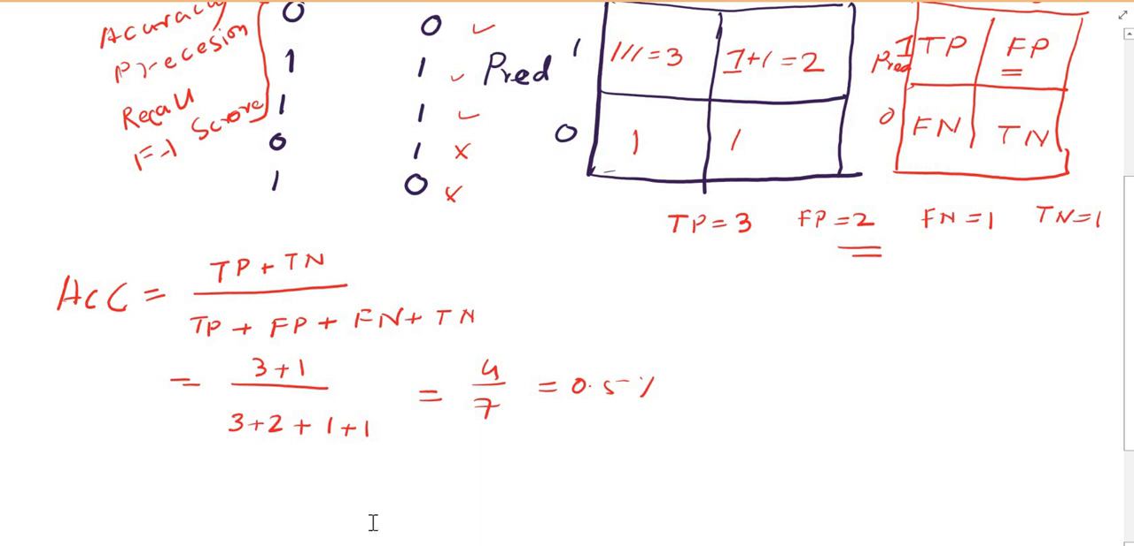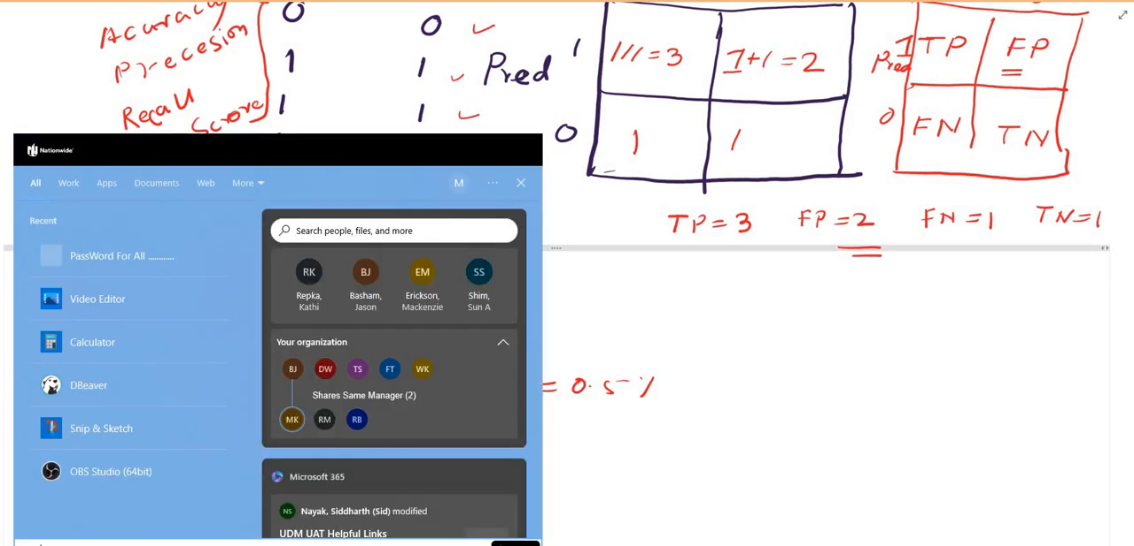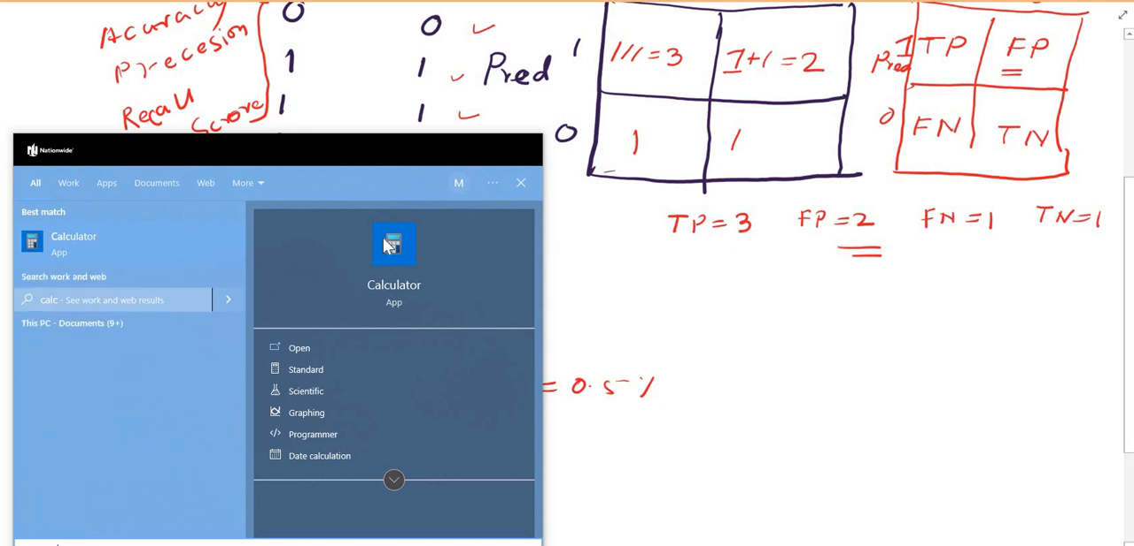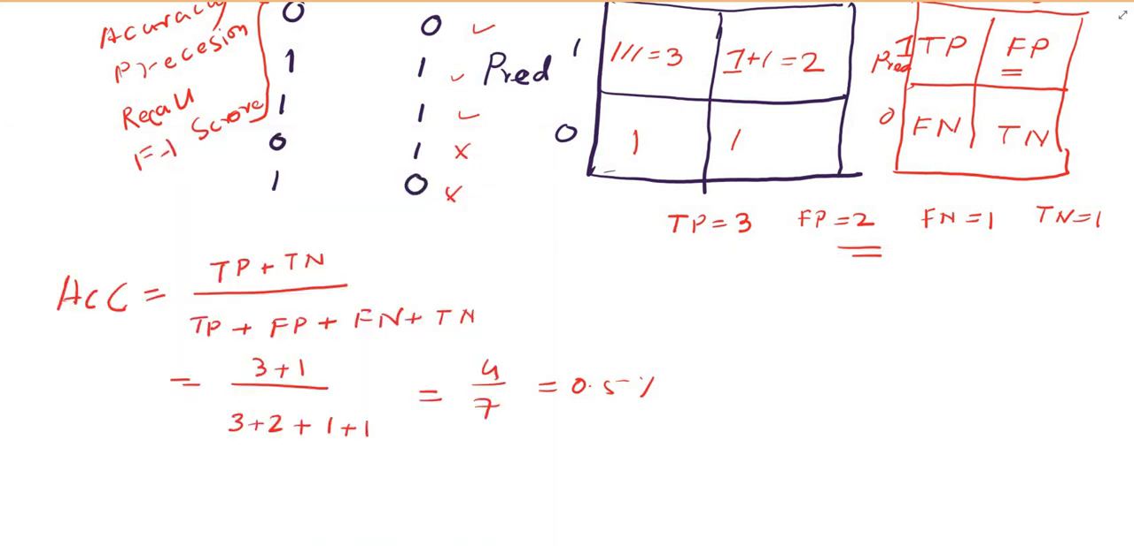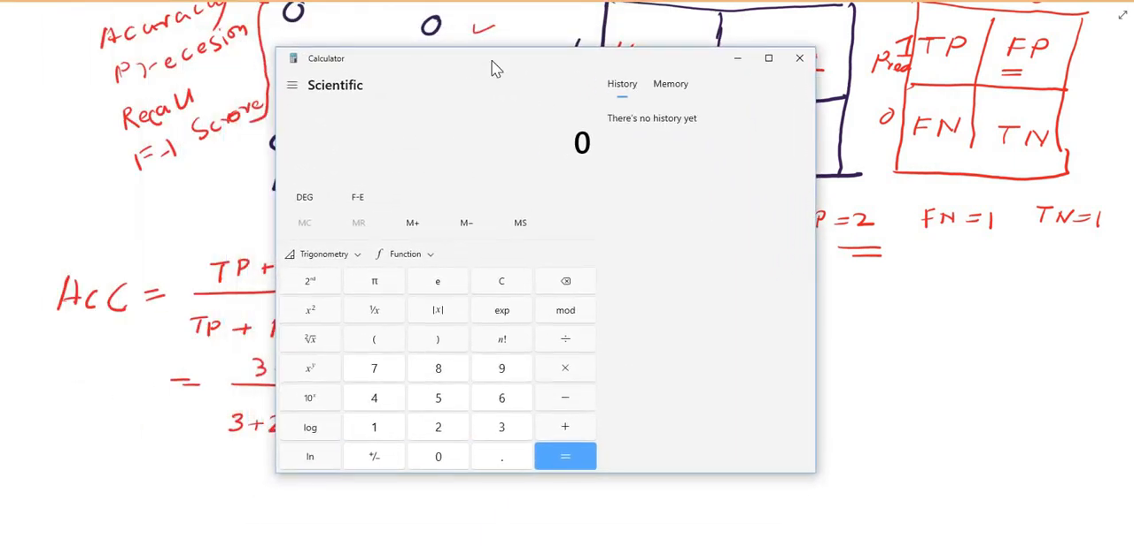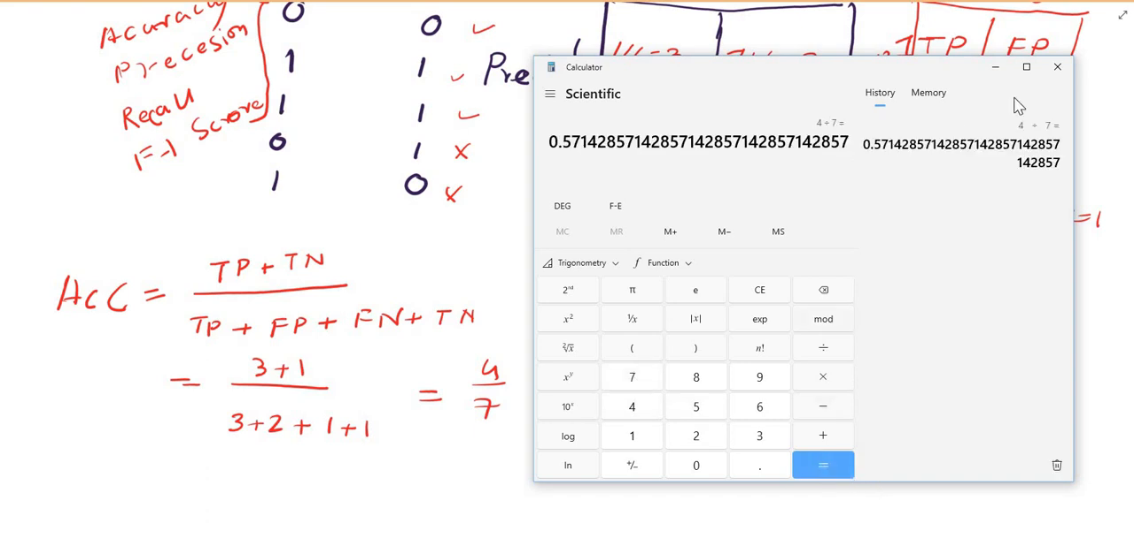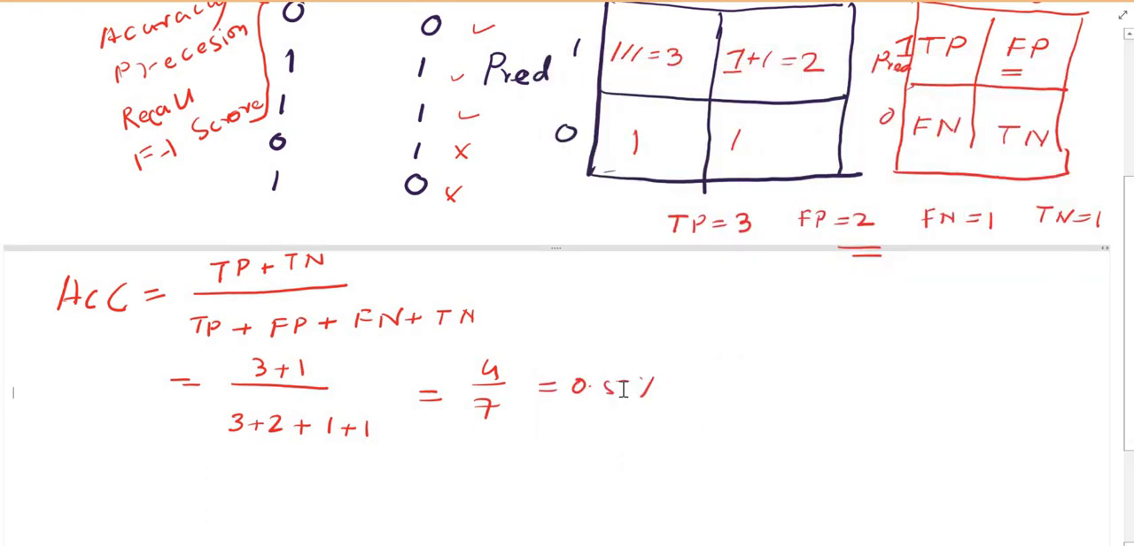What is that? Let me use my calculator. Let me bring my calculator here. So 4 divided by 7 is 57%. Yeah. So it's around 57%. Okay. So that's my accuracy. Okay. So this is the way we will